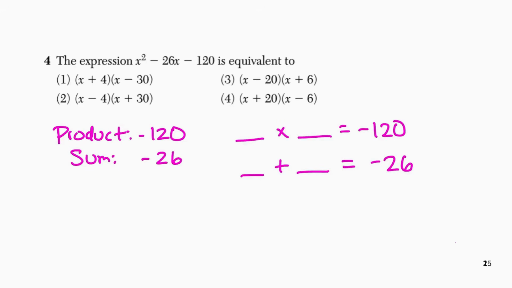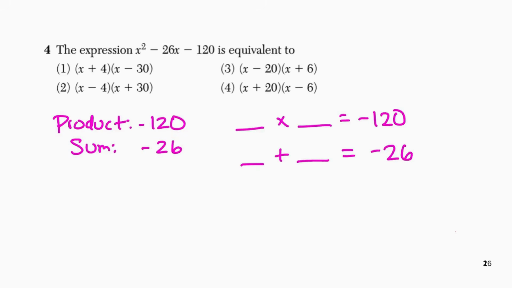So I know that one of the numbers is negative and one of them is positive because that's how you end up with a negative product. But I also know that the number that has the higher absolute value has to be negative, because if I'm going to add two numbers and get a negative, then the higher absolute value had to be negative. So I'm going to use that fact to cancel out some of these or eliminate some of these answer choices